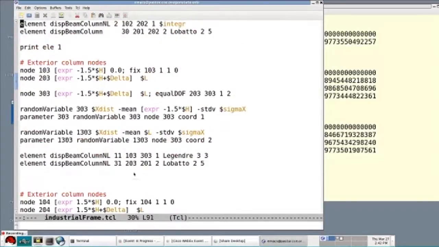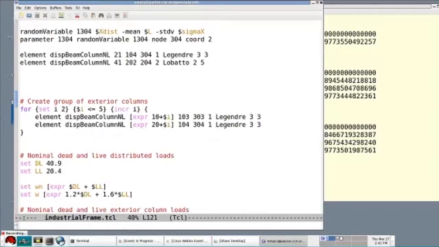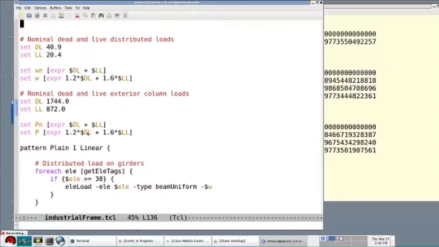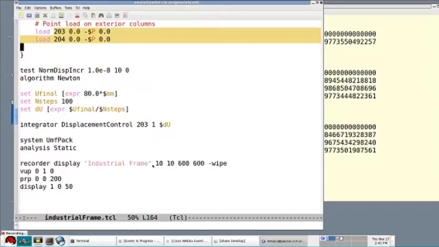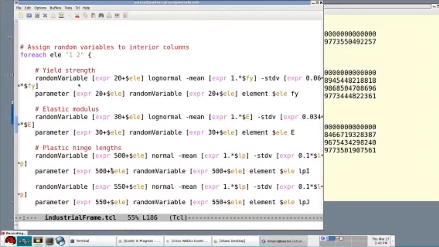and then the element definitions, more random nodal coordinates. Columns, it's all standard beam definitions in OpenSees that I assume everyone has seen before. Define load patterns, so uniform loads, some point loads, and then we do a pushover analysis. I think this is just to get the mean response. And now we get into, here we go, defining random variables for the yield strength of the